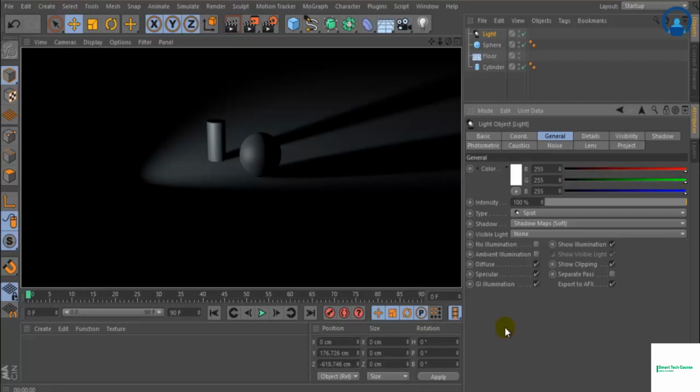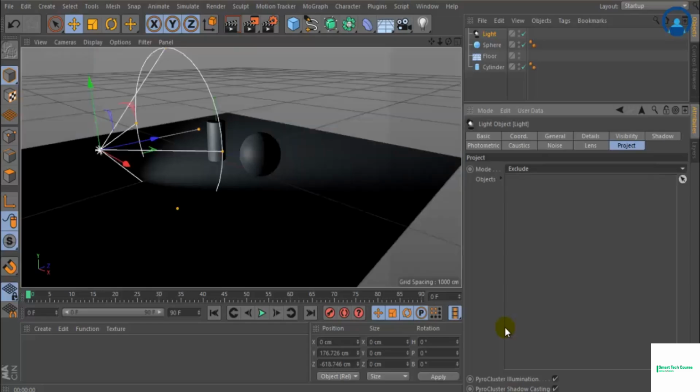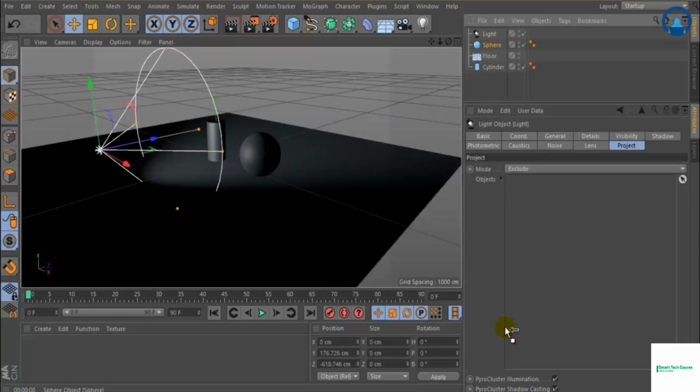The next option is called Project. We normally use it to exclude any object from the light effect. Sometimes, due to some conditions or to create some effect, we have to exclude a particular object from a particular light. At that time you can use this option to exclude any object from any light. So whatever object you want to exclude, there are two options in the Mode option. One is include and one is exclude. I keep it on exclude,